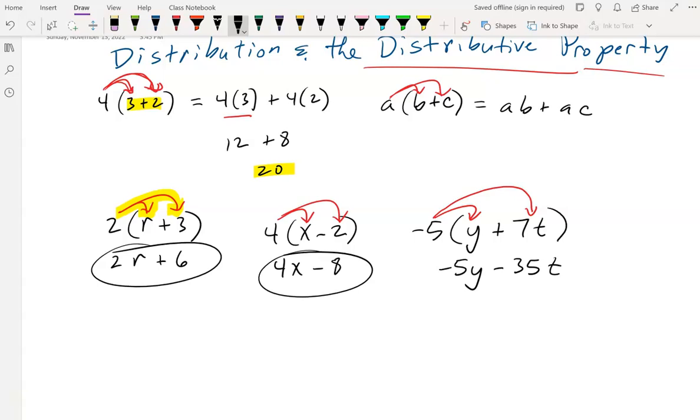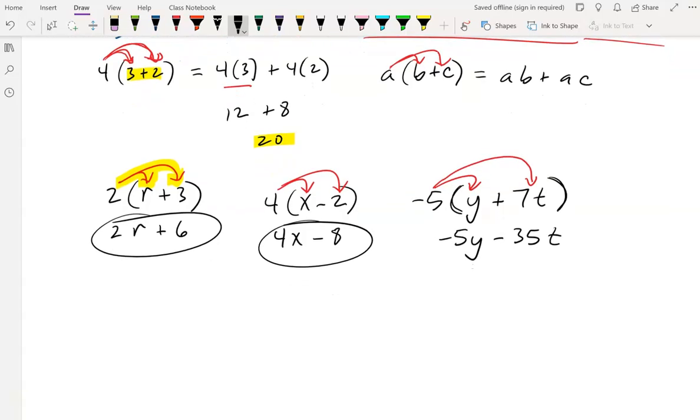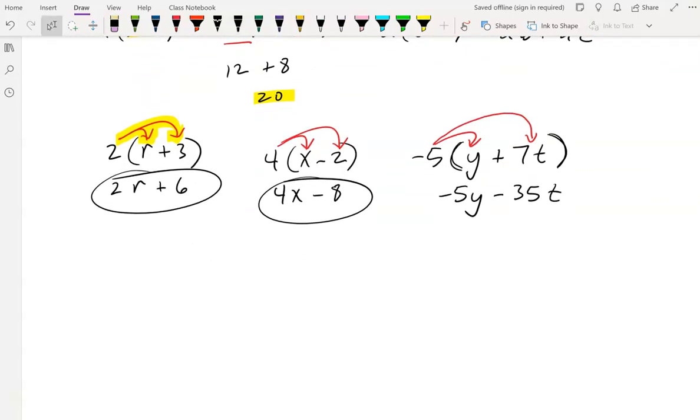35t. So I multiplied a negative number into my parentheses here, and I ended up with negative 5y and negative 35t. Now, there is the occasion where, let's take a look at what happens if we multiply a negative on the outside and then a number on the inside, let's say 2x